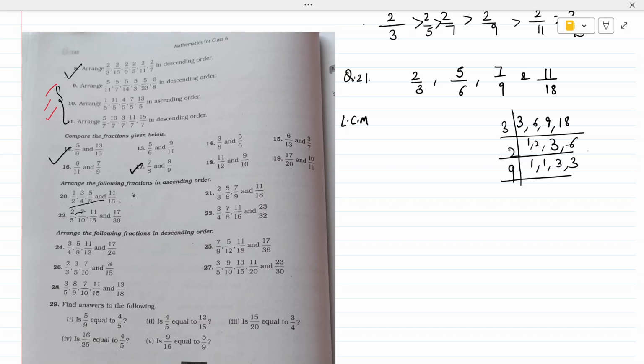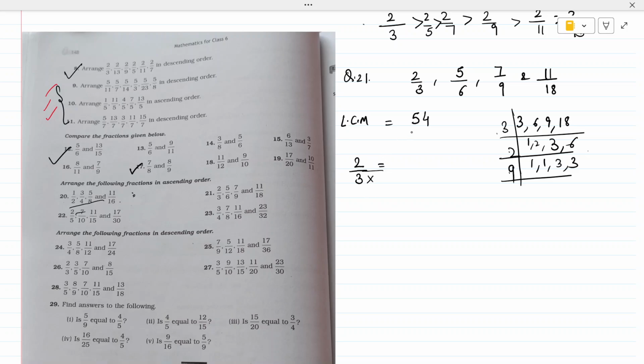Yeah, 3 into 2 is 6, 6 into 9 is 54, that is the LCM. Okay, so now let's try to do these. To get 54 from 3, what do we have to do? We have to multiply 3 with the number so that we will get 54 here, and that number will be